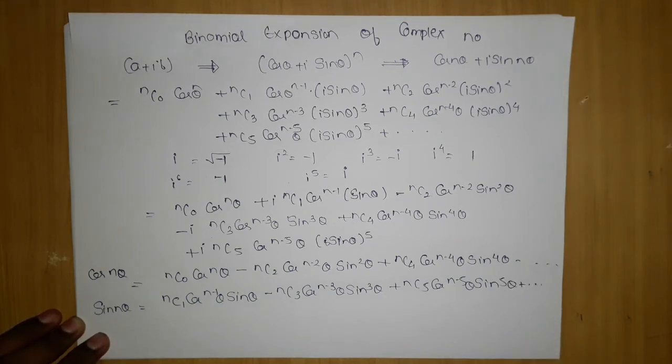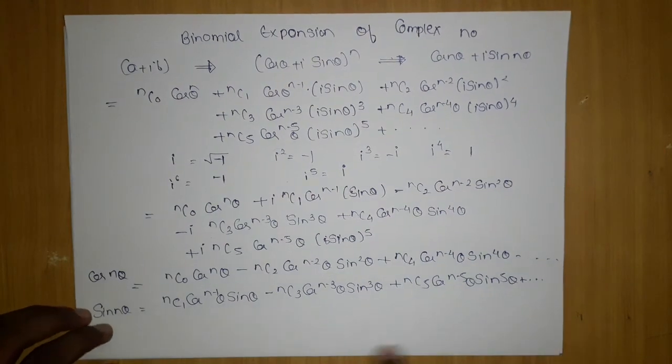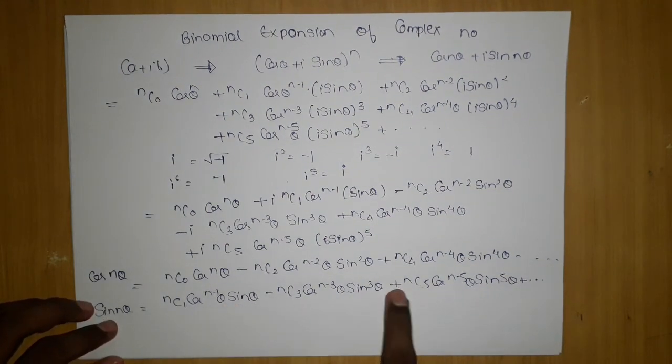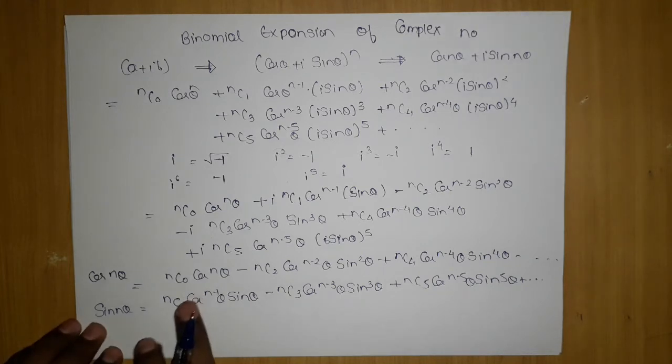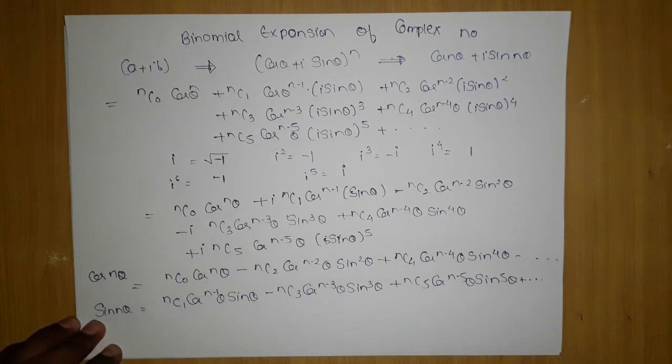So you can see in both of them alternating negative signs are appearing. Here the first one is positive, the second one negative, the third one positive, and after this negative. You have to keep one thing in mind: the real part will have even position terms with alternating positive and negative signs. The same goes for the imaginary part, but there the odd position terms will be present. The problems you will see will be based just on this, even or odd position and alternating minus sign. If you keep that in mind, you will be able to attempt and solve these types of problems.